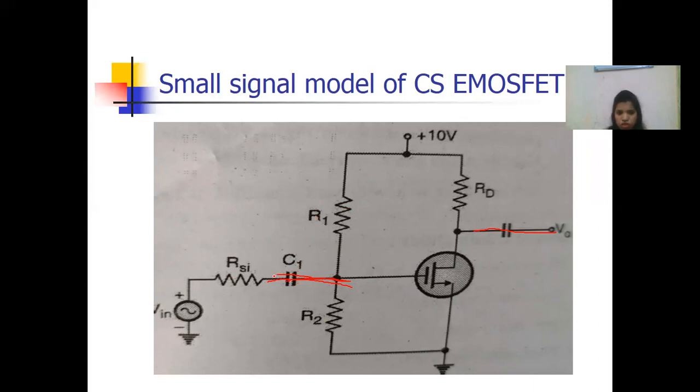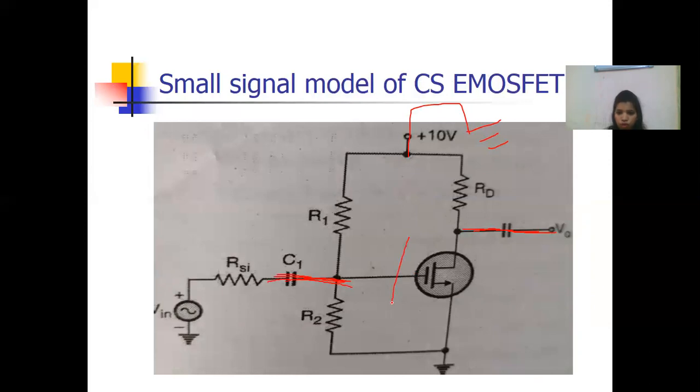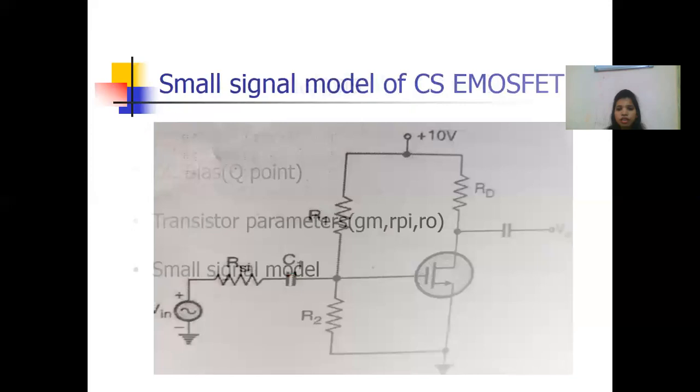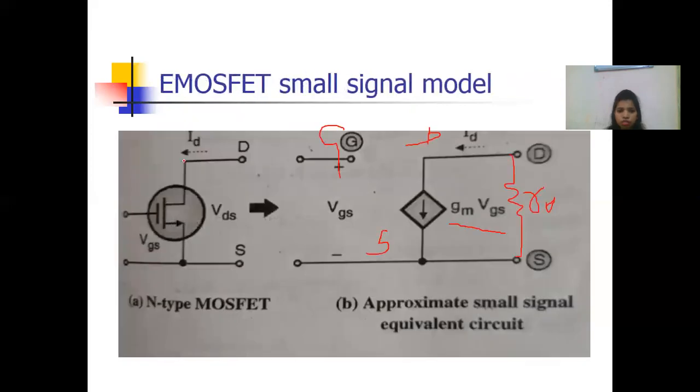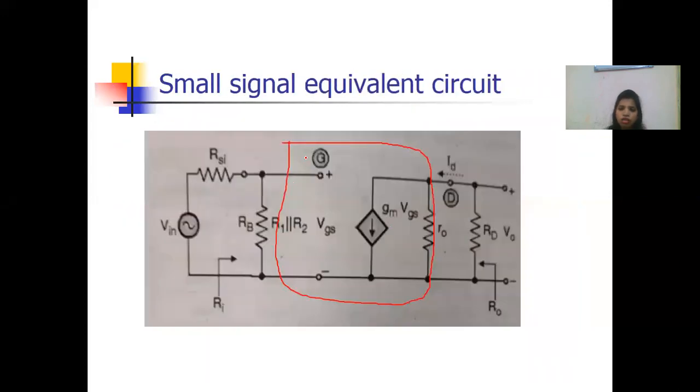The behavior of the capacitor changes. This is short circuit for AC analysis. This is short circuit, and your DC is grounded. Okay. Now we have to draw the small signal model of this circuit. Before drawing any model, first of all, you should draw the model for this symbol only. So as it is clear from this, this transistor is converted into this. So I have to follow the same here. This was your MOSFET symbol. In the MOSFET symbol, you have to convert it into a small signal model.